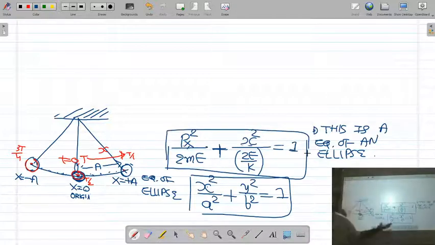If you compare our equation with the equation of an ellipse, by comparing these two equations, we can say the semi-major axis of the ellipse is